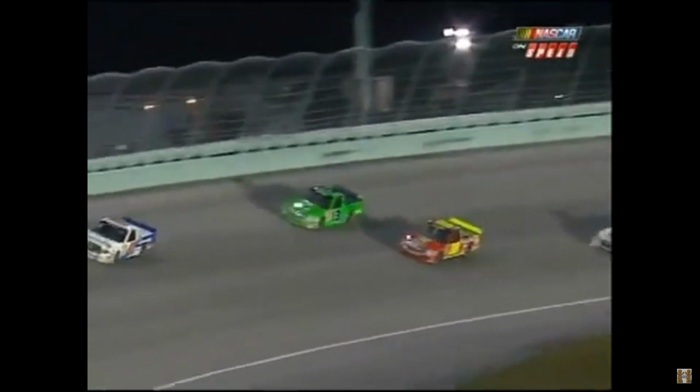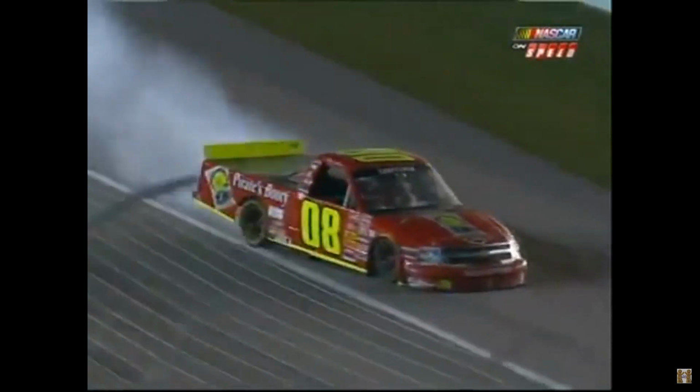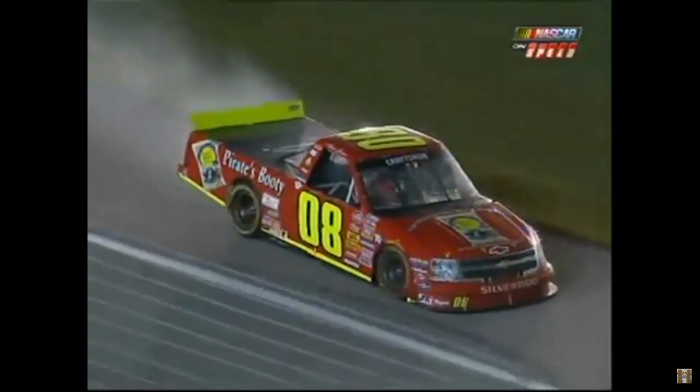Phil, let's watch, see why this 4th caution of the night has come out. Chris just got a little bit loose down on the inside. He does a nice job saving that truck. Really steered that thing the whole way. Never actually spun out. You see him getting on the brake, letting off the brake. Kept